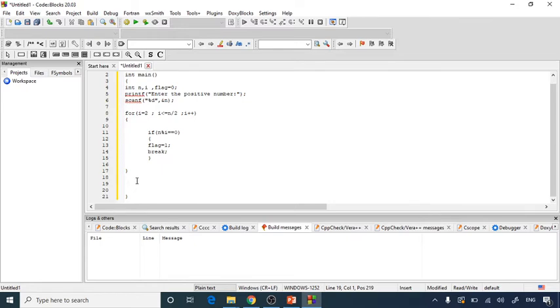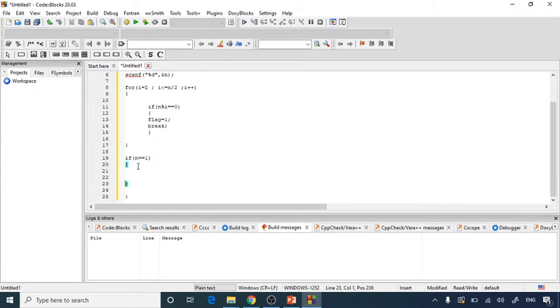Again here we will use one more if condition and check if n equals 1, then here we'll write one line by using the printf function. printf("1 is neither prime nor composite number").